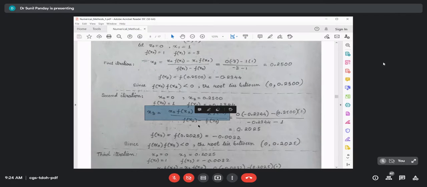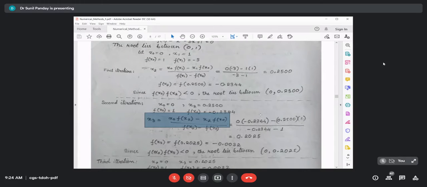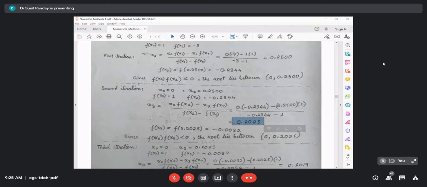So some of you may make these mistakes. If I ask you to solve the problem with the help of regula falsi and you apply it, even though you think that you have applied the right formula, your procedure is wrong, and you will get the wrong answer to this problem if you are not checking this condition at each and every step. So this is your x3. Now to calculate x4, we again check the value of f of x3. f of x3 is 0.0032. Now again we check the condition.